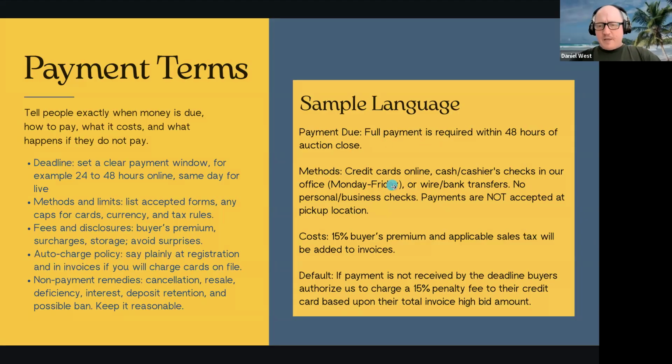Again, we cover the methods of payment. This is good. Any fees that are going to be in here, and you see the default language here, right? A 15% penalty fee. I like to call it a relisting fee. There's a reason for that. So a penalty fee, I don't know, it has sort of a negative connotation to it. I think a relisting fee also is probably a little bit more defensible in case of a chargeback, because you are in fact charging to relist the item, which is a service that you regularly provide, so it's defensible. Penalty fees might not be as easily defensible.